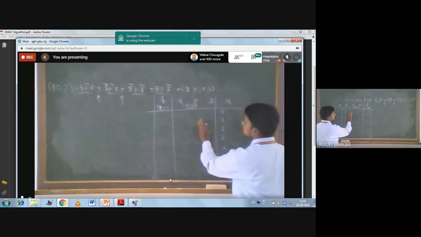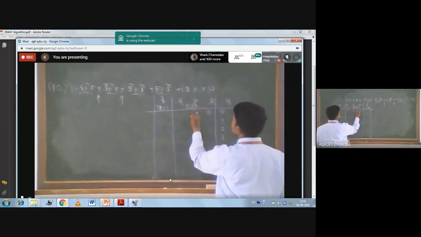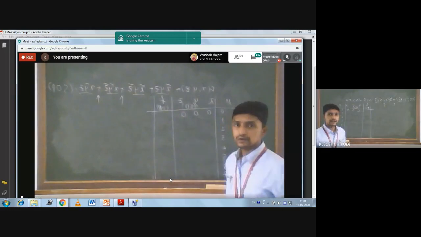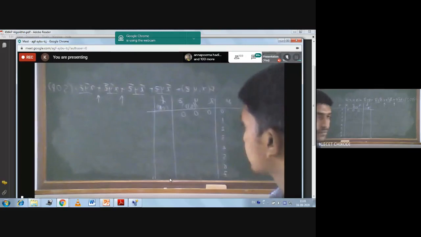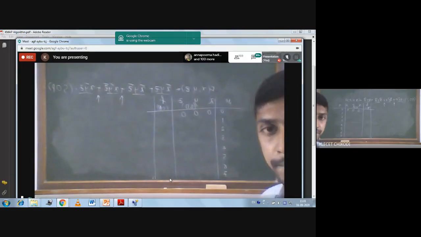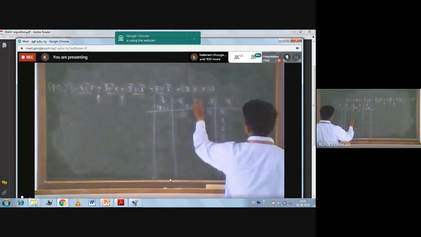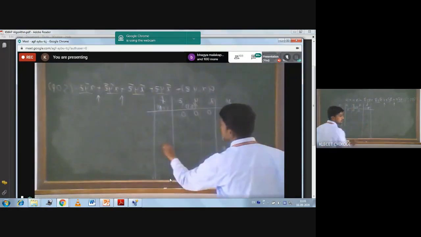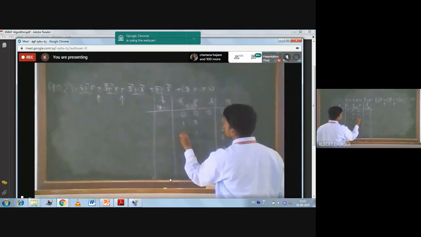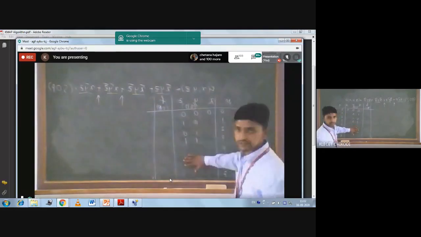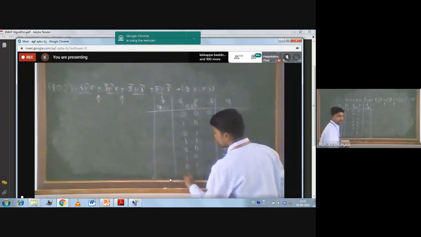Now you have to write down the input combinations for the 3 variables. Starting from 0, 0, 0. I have told how to write that. Better you write it for the 2 variables first, that will be 0, 0, 0, 1, 1, 0, 1, 1. Again, you have to repeat the same here: 0, 0, 0, 1, 1, 0, 1, 1.